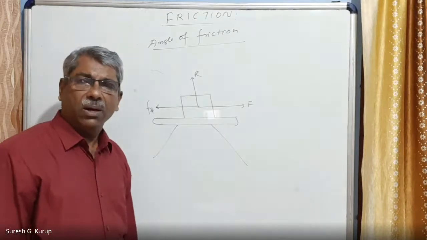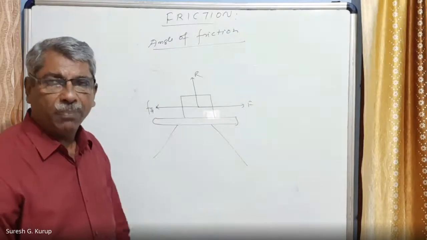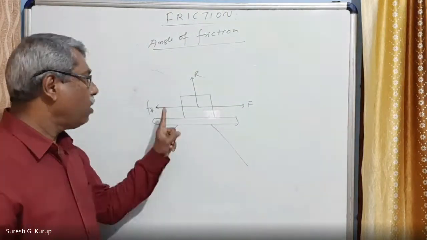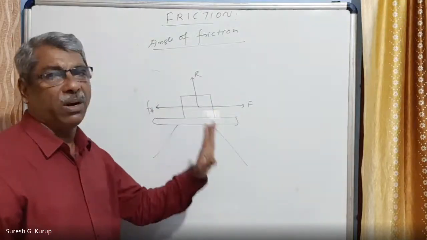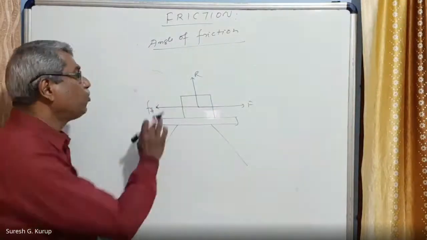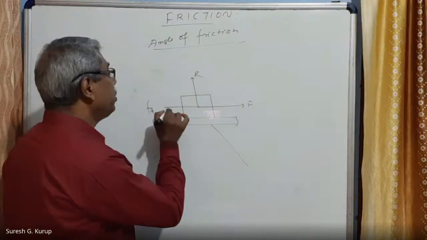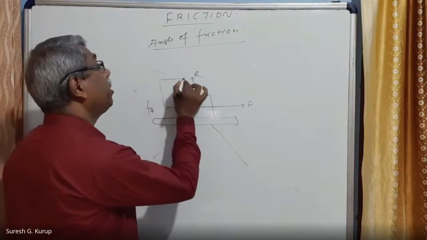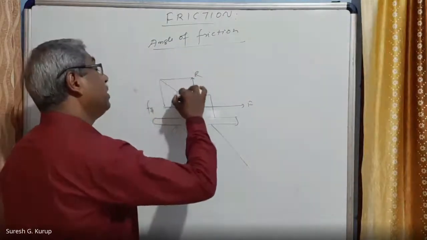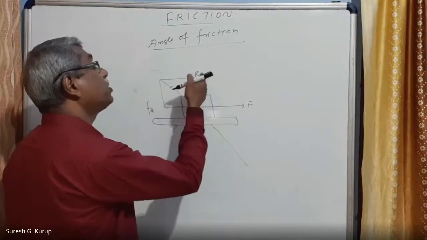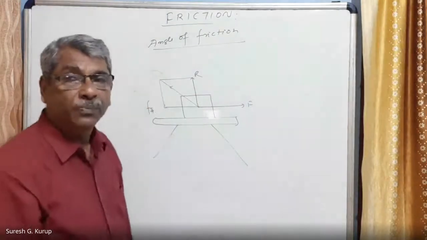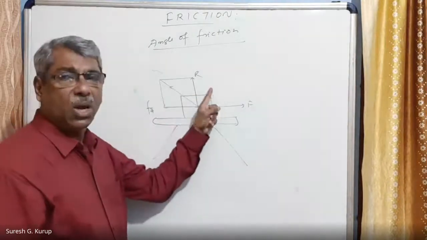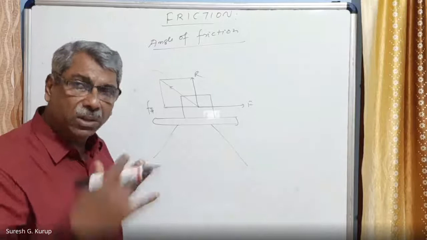Now, what is the angle of friction? Angle of friction is the angle between the resultant of the force of friction and normal reaction with the normal reaction, right? This is the force of friction and the other one is the normal reaction, right? What is the resultant of these two? The resultant of these two can be obtained by completing the parallelogram and taking the diagonal of the parallelogram. This is the resultant of these two, right? So the resultant of the force of friction and normal reaction, what angle it makes with the normal reaction,